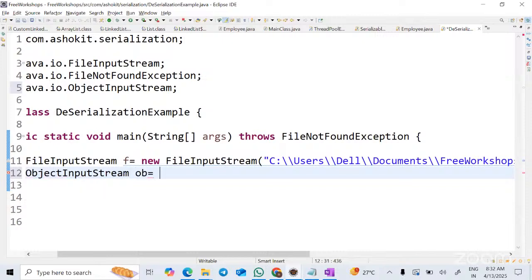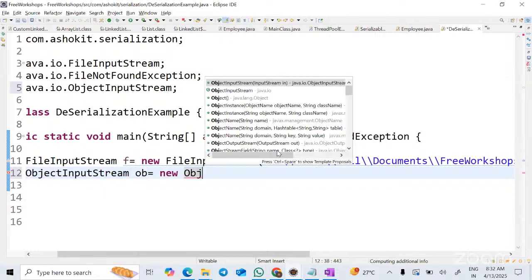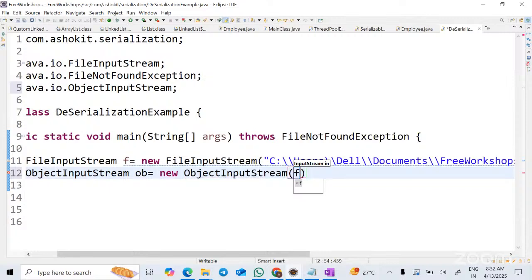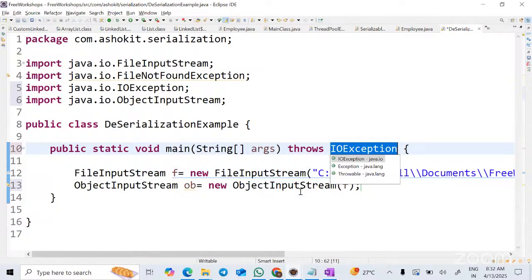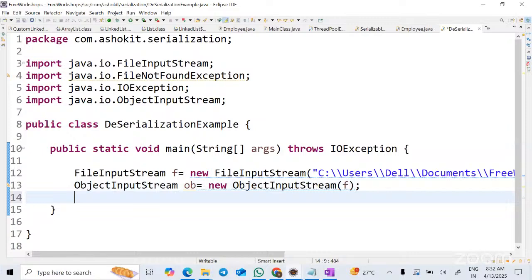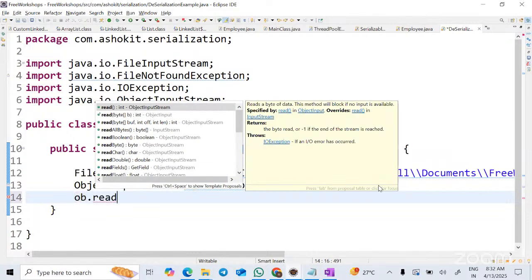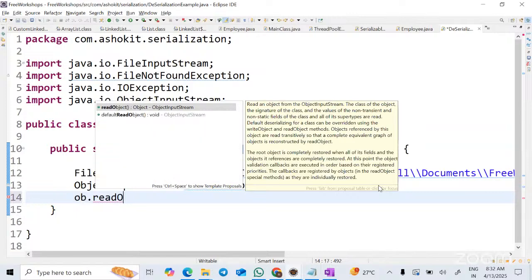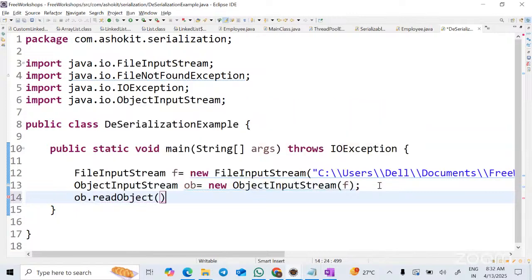OB equal to new ObjectInputStream and F. So, in this, which is the method converting the object into a series of bytes while doing the serialization? Writeobject method, right? So now the readObject method, OB dot readObject. There is a method called readObject, correct? The readObject method is the one which is responsible to convert